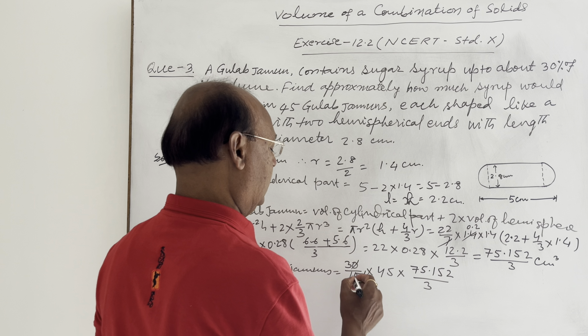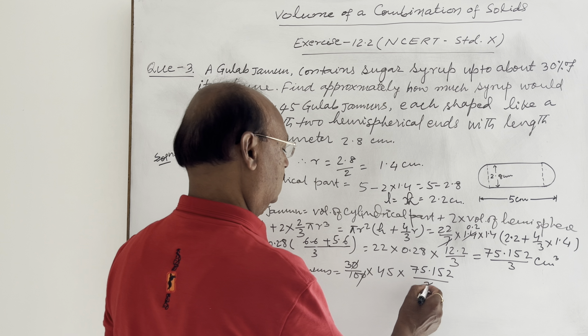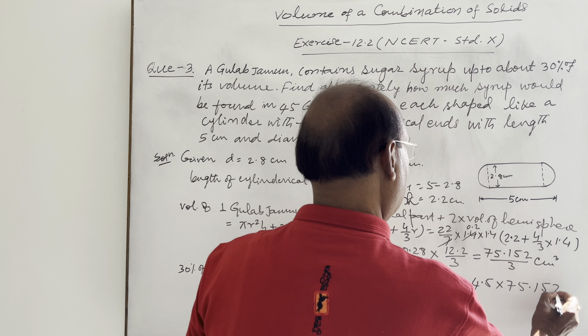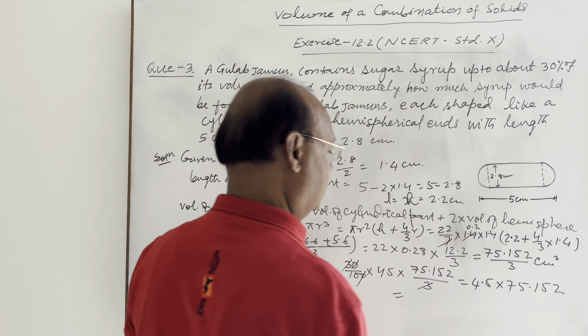This 0 will cancel out, 3 cancels out. So 10 is here. So this is 4.5 into 75.152, and this is equal to